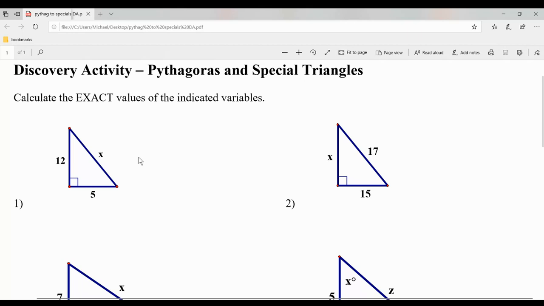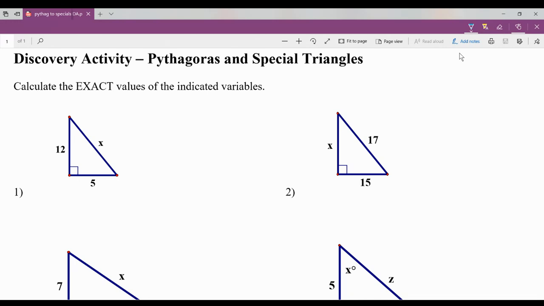So for number 1, if you use the Pythagorean theorem, you would set up something that looks like, my drawing tools aren't here. Why are my drawing tools not here? There we go. You would set up something that looks like